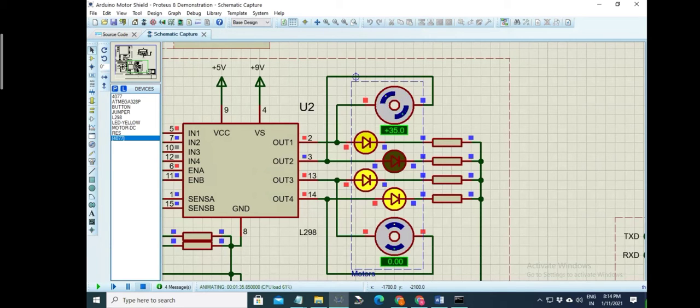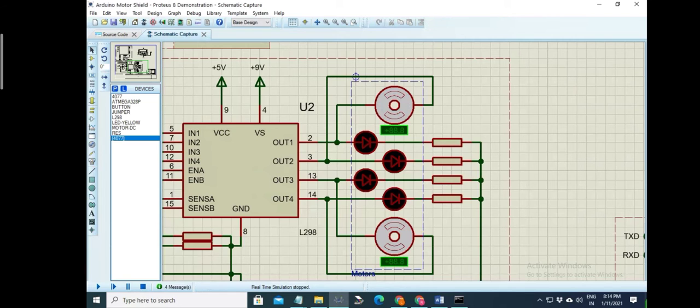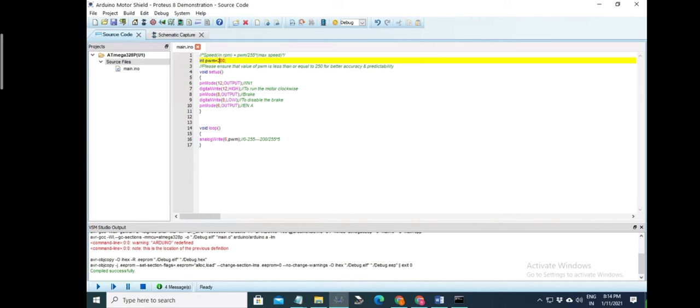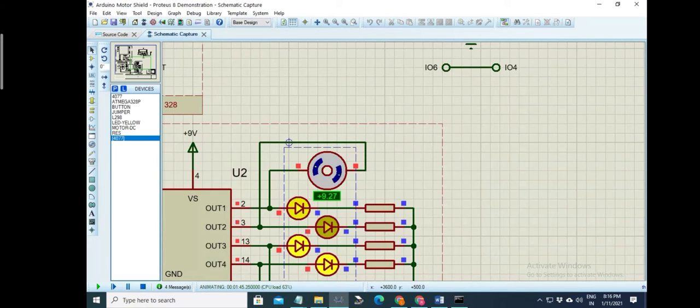Now again I am altering the source code, taking PWM value equal to 100. So according to the formula, the speed should be equal to half of the initial value, which is equal to 17.5. Now again the DC motor is running in clockwise direction and the speed is 9.27 RPM, which is different from the ideal condition. It is so because of internal disturbances in the DC motor.